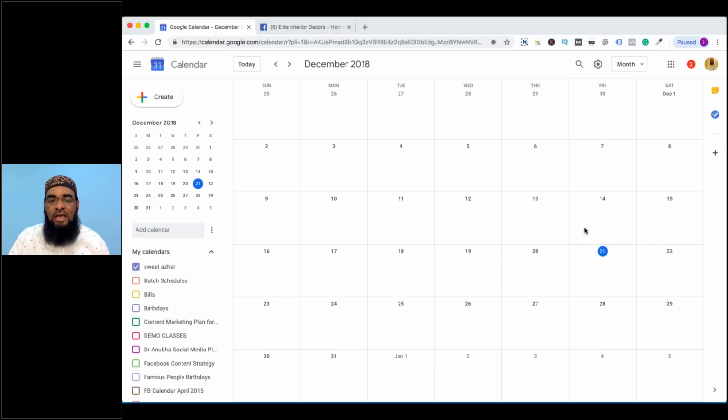Now you see, I have actually opened Google Calendar. What I would like to do in this calendar is, beforehand you can mark certain days which you can post on, based on a specific plan and idea. For example, on the 25th, that's Christmas, so I would post about that. On the 31st I would like to post about New Year resolutions or something like that. And on the 1st of January I can post about Happy New Year. So some posts will be easy, anyone can do that, that's not a big challenge.